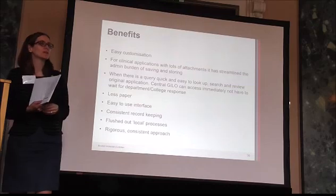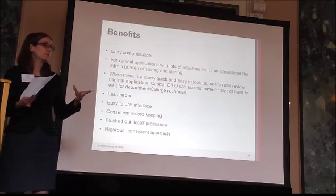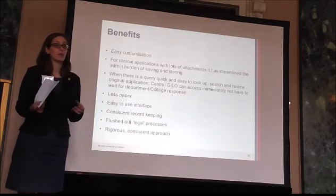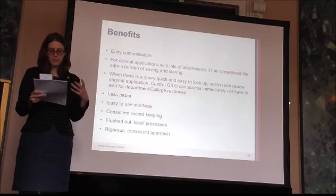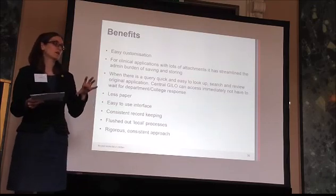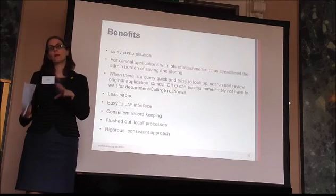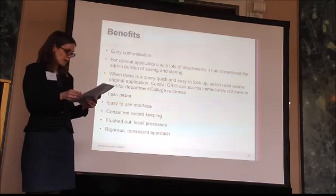It's also flushed out some local processes, things that we weren't aware of that were happening before, and people now can't use those local processes, and so they're actually engaging with the university system as a whole, and that can only be a good thing. And it is giving us this really rigorous, consistent approach to everything. And as I said, I think it really is encouraging people to think more about their research in terms of how ethics can help them make it better, making their methodology more rigorous, making sure that they really know why they're using that particular group of people, why they need to do that particular intervention with them. And I think